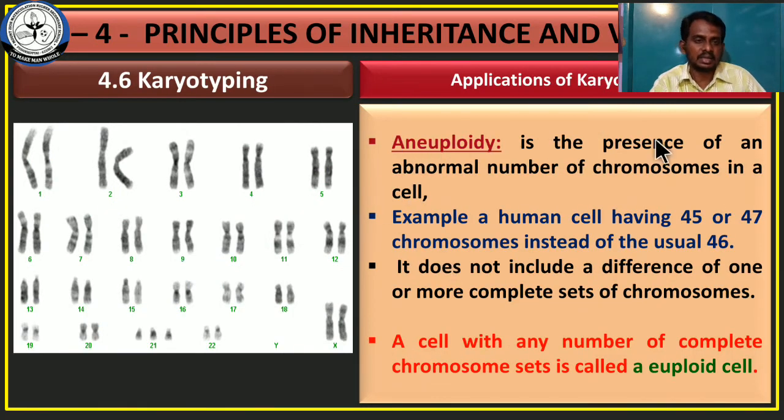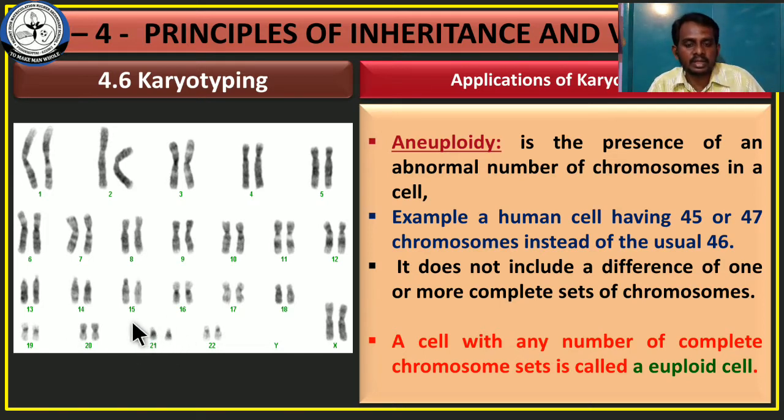Okay, this is an example of aneuploidy. See here, 2 pairs are there, and there is no change in them, and 6, 7, 9, 12, here also there is no change, and 13, 14, 15, 16, 17 no changes, 19, 20 there is no change, and see chromosome pair number 21.